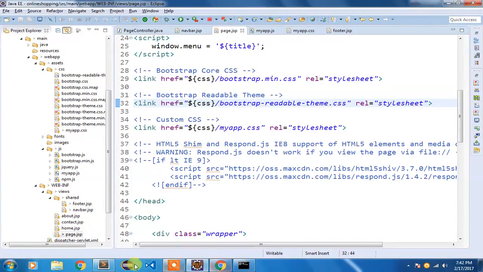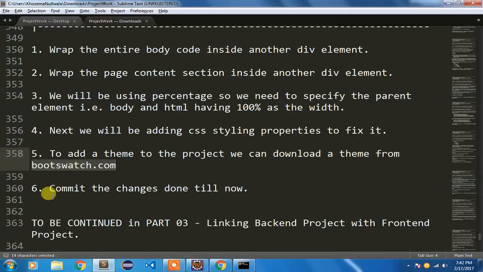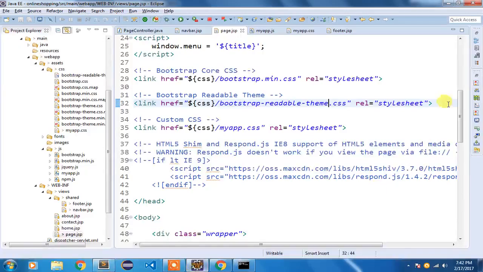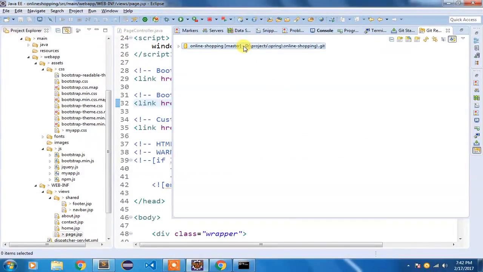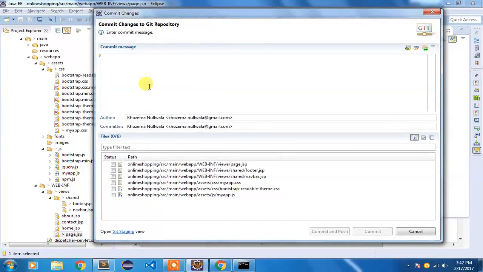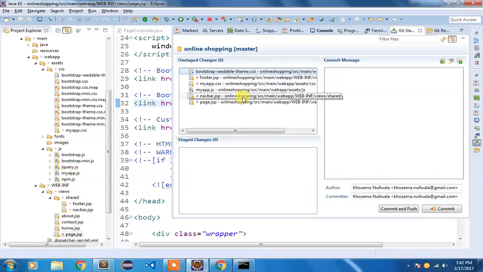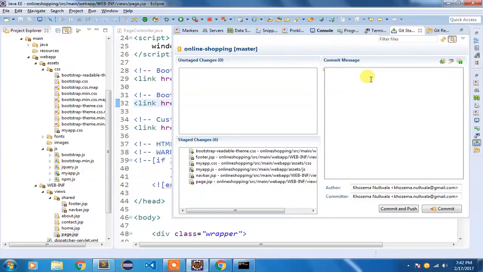And now in the last part, whatever changes I've done till now, I'm going to commit those. I'm going to go to my Git dialog box, right click, commit, open Git staging view, select everything, drag it to stage changes, and write the commit message: completed the interface, theme, and other issues.